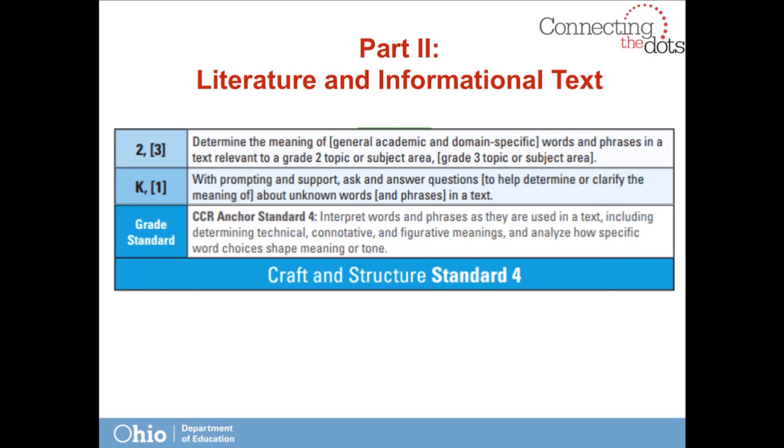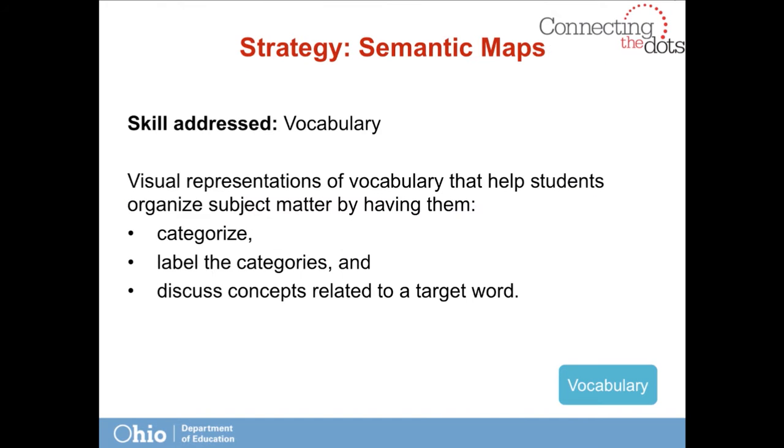To further understand and teach to this connection between vocabulary and comprehension, it is recommended that teachers deconstruct each standard as is done in FIP. So what intervention strategy addresses the vocabulary comprehension link? Semantic maps are one research-based and practice-proven tool. Learning to learn vocabulary words with semantic maps is a skill that can continue to serve a student well as he or she progresses through the grades K through 12 and beyond. The definition of semantic maps is shown here.